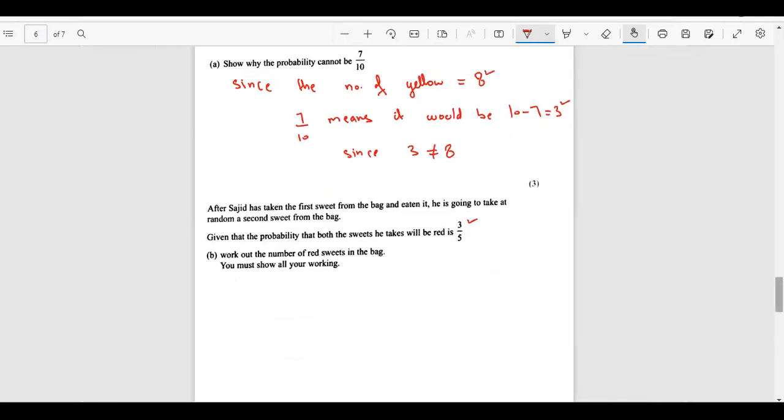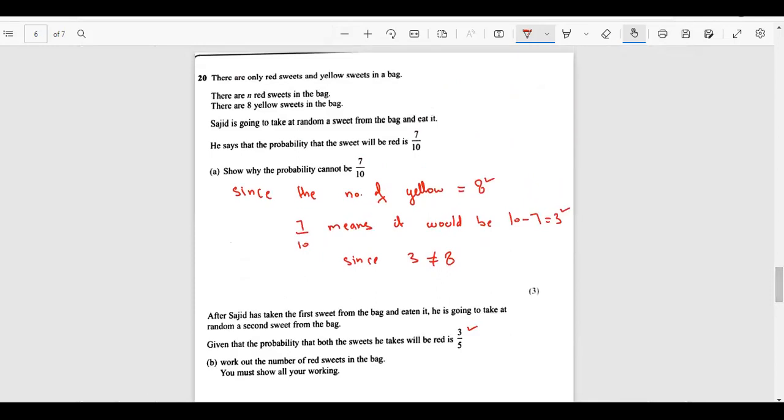And eaten it. He's going to take a second sweet and it hasn't been fully eaten. So 3 or 5 times 2. Okay, so he takes the first sweet from the bag, he eats it, and then he takes a second sweet. Given that the probability that both sweets will be red is 3 over 5,